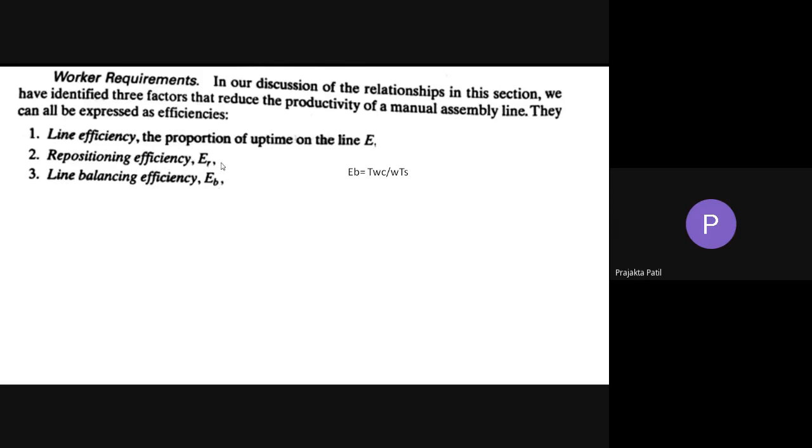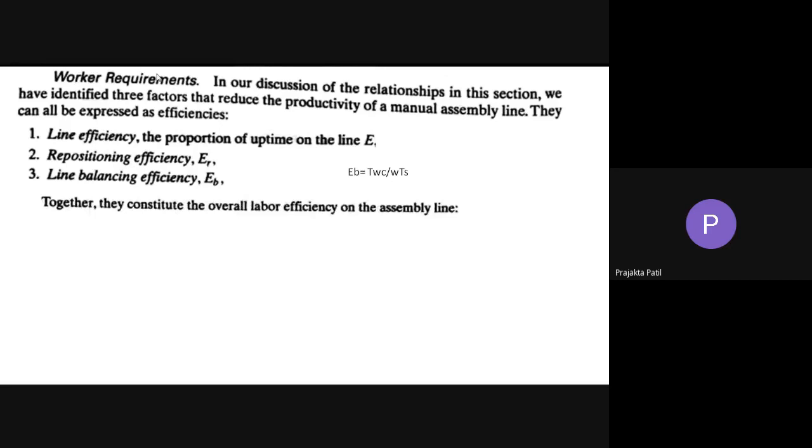By considering these also, we can get the number of workers, that is W. In the previous class we also saw W star, the minimum integer greater than or equal to TWC upon TC. Together, they constitute the overall labor efficiency.